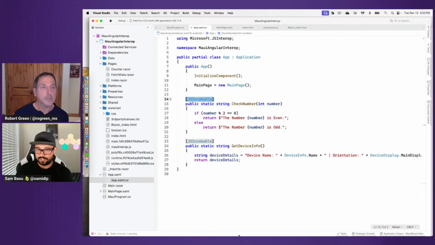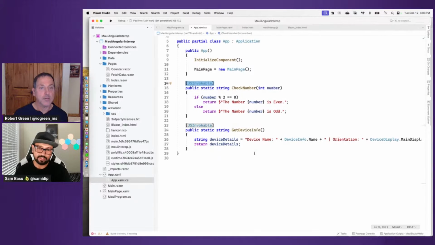So when Blazor comes over and works on MAUI, it actually brings along a very nice thing called the JS interop. And that is this little namespace here. So if you had JavaScript that you are using in Blazor, and the whole point of Blazor is to not use JavaScript, but if you did have JavaScript, you could actually make it work. And that's exactly what we're doing here. We are decorating these two functions with the JSInvocable, which makes it available to JavaScript to call.